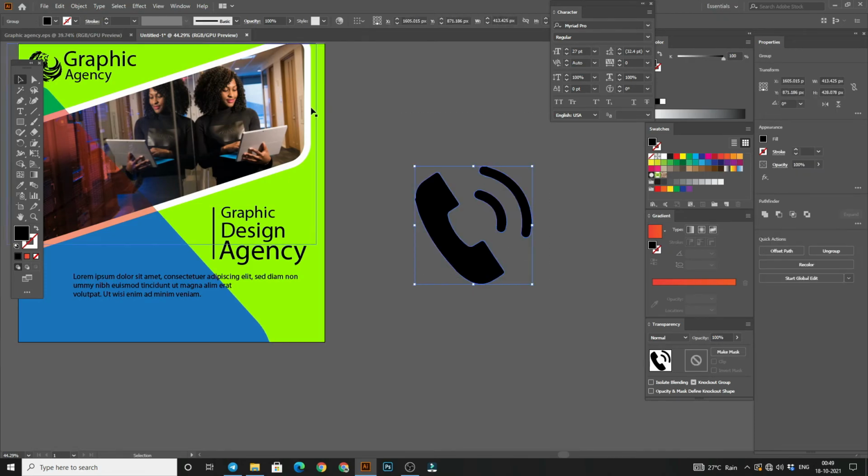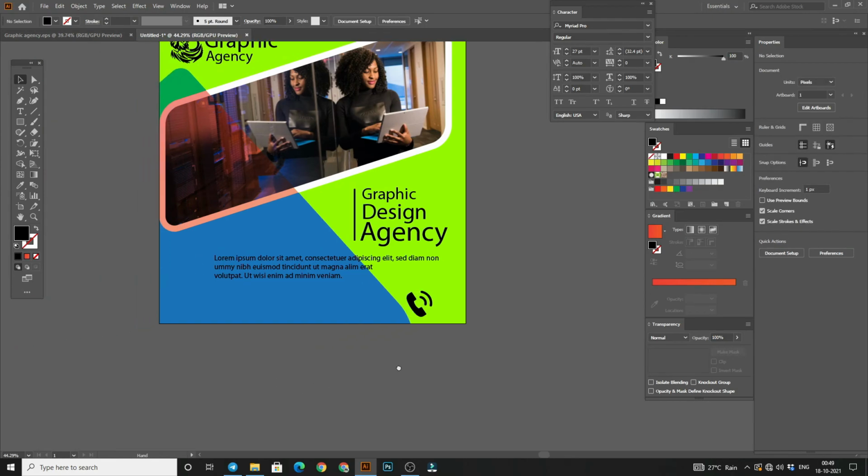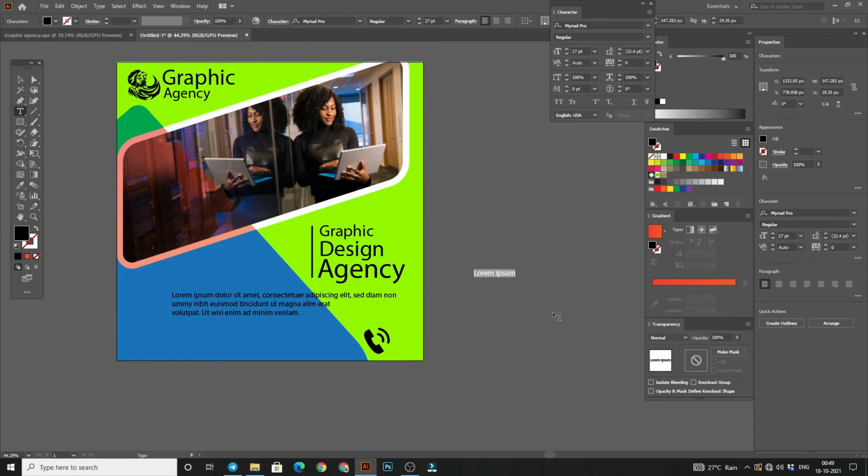Now put that thing here and write a random number. So this is a random number, increase the size of it and put that number here.